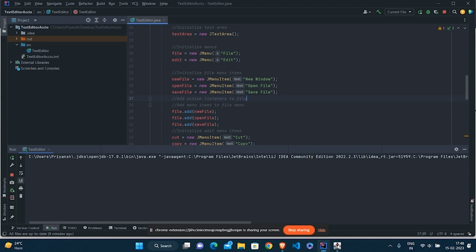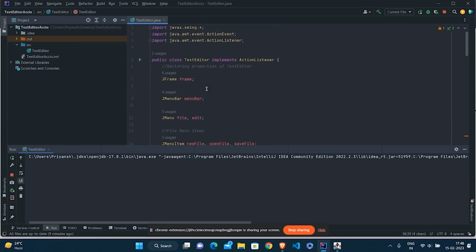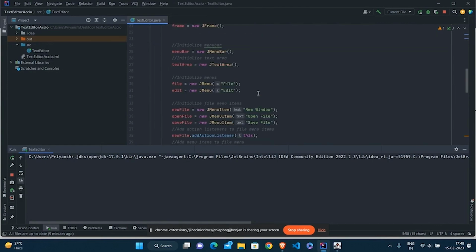to the file menu items. Here we write newFile.addActionListener(this). What do we mean by the this keyword? This keyword refers to the object of the TextEditor class. So TextEditor is behaving like an action listener; it is implementing the method of the action listener, so it behaves like an action listener class.